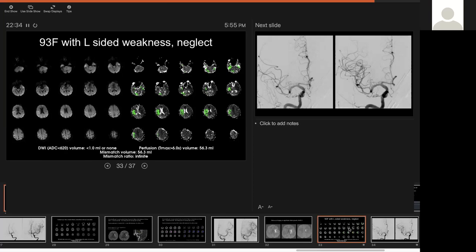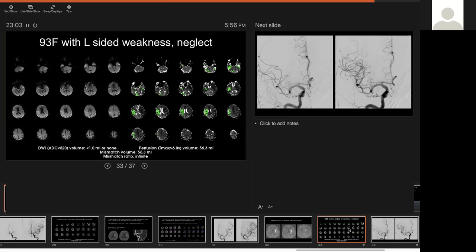But now that the floodgates have opened with thrombectomy, right? People are so excited that the results are so good, we get a tremendous number of calls for people in their 90s. Often these are people who are quite disabled at baseline, even though when the doctor calls, they don't tell you that. They say the patient was doing well because the family wants to give grandma a shot. So here's a 93-year-old with left-sided weakness and neglect, and we do the imaging,